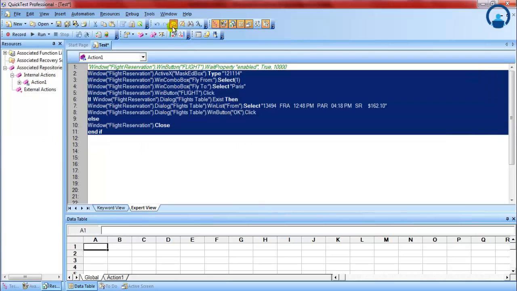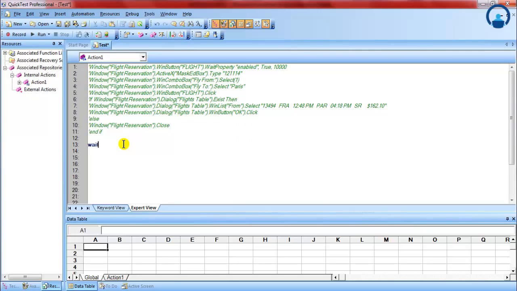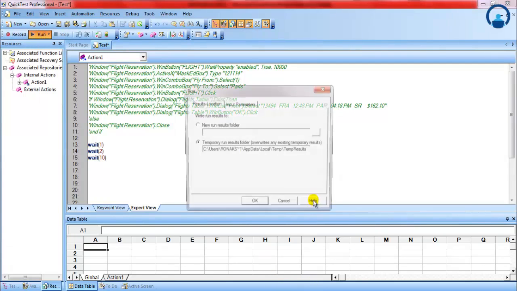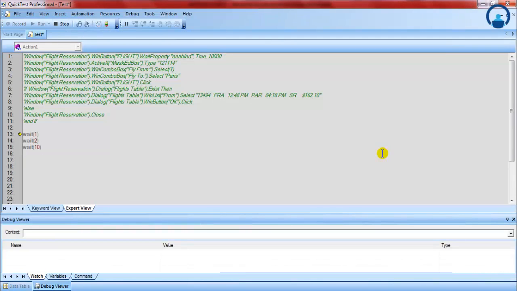So I'll comment the previous code. As I said, wait statement has no condition. That means this line of code without any condition will just wait for 1 second. And this code is as simple as it looks. Wait 2 seconds, wait 10 seconds. So let's execute this. See, it waited for 1 second, here it waited for 2 seconds, it will wait for 10 seconds and then